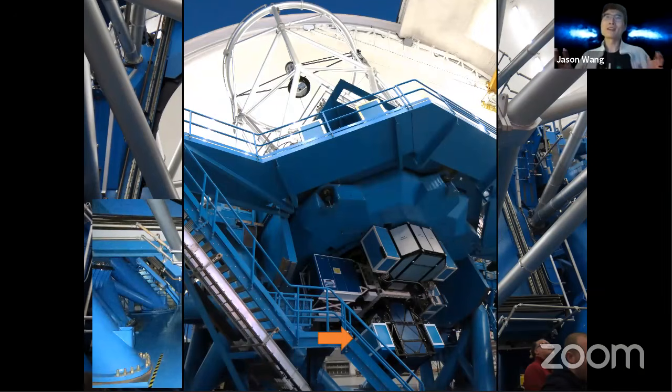So GPI is at the back of this telescope. In this image, the telescope is pointed upwards towards the sky, and GPI, the 3 blue boxes, is bolted onto the bottom of the telescope, and that's the instrument that we're using to take these images of 51 Eri. So, as I mentioned briefly before, GPI has this fancy camera that allows us to take color